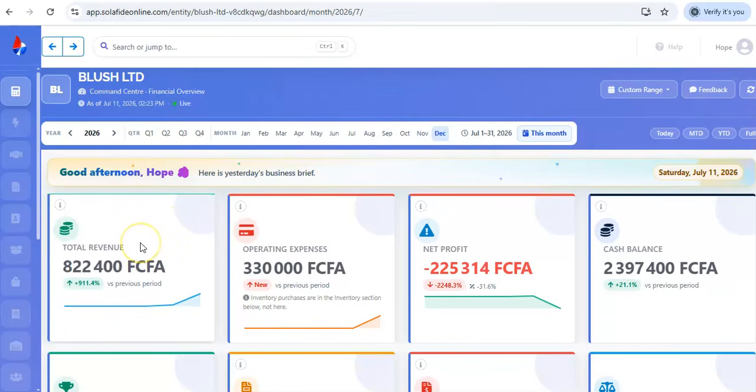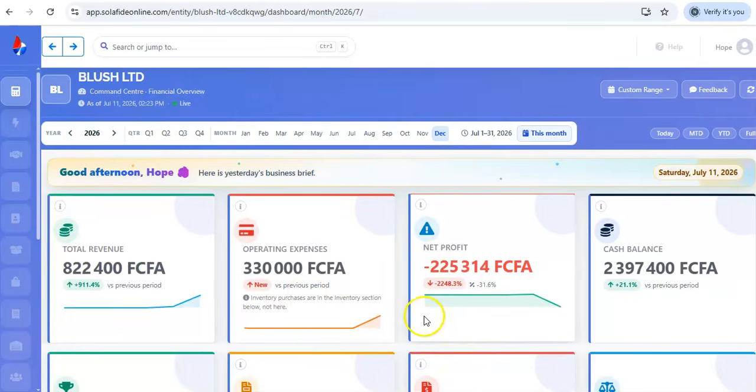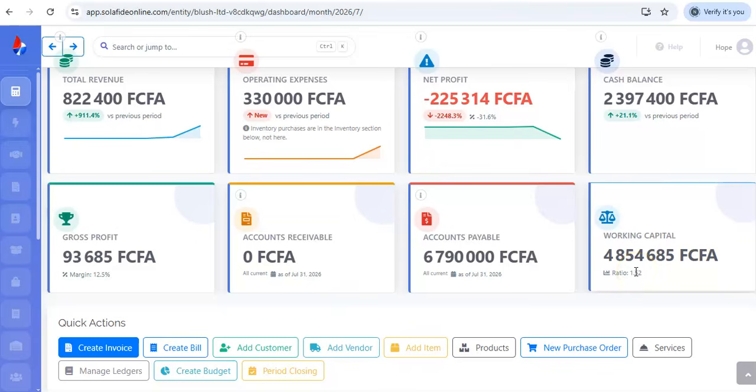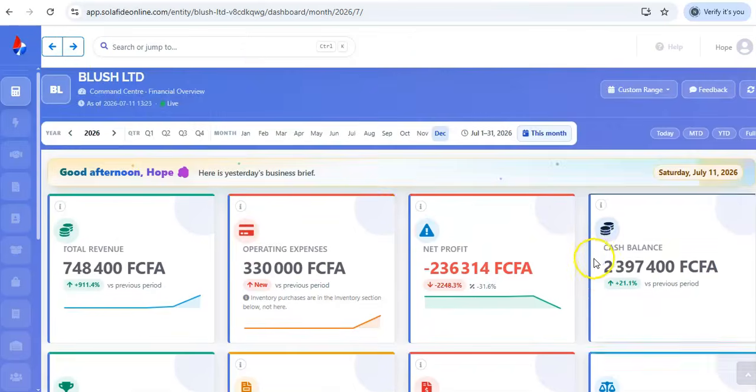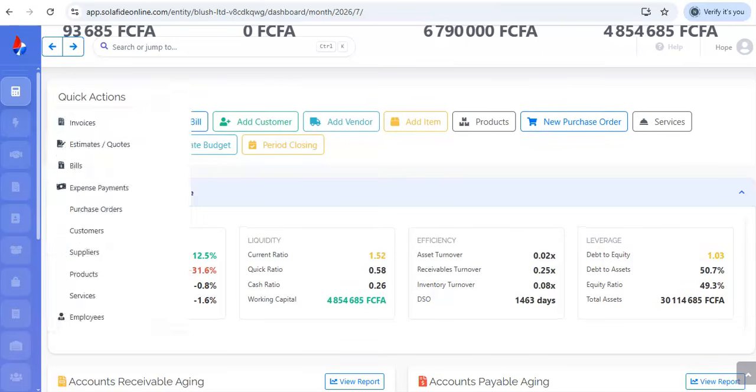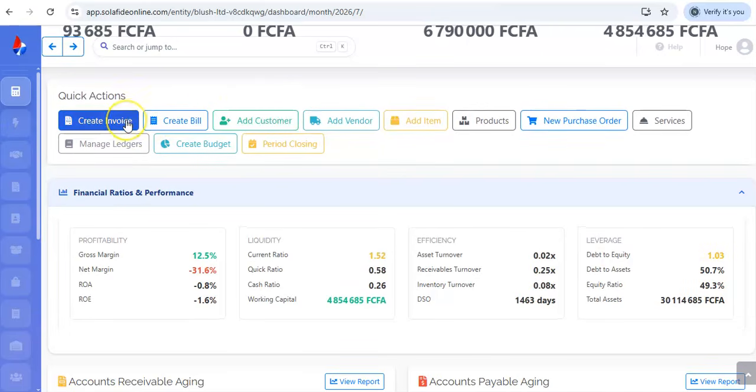So firstly, you have your total revenue, operating expenses, net profit, cash balance, gross profit, account receivables, payables, and working capital for the front page. Then when you scroll downward, you're going to see quick actions. That is, if you want to create an invoice, create a bill, add a customer, and all of these,